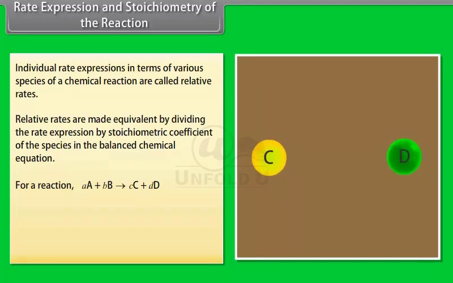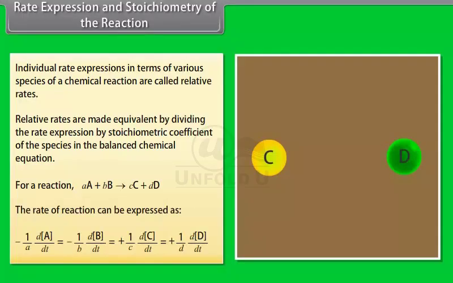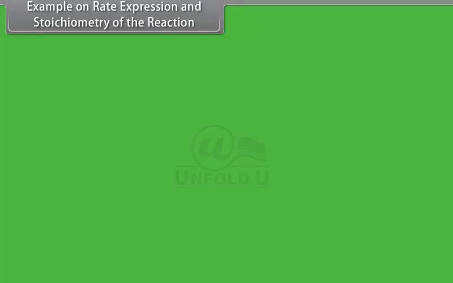For a reaction aA plus bB makes cC plus dD, the rate of a reaction can be expressed as